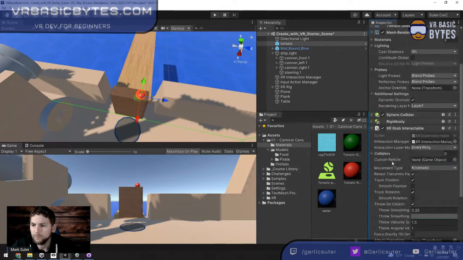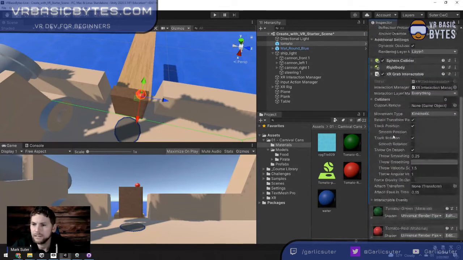And again, we could have custom reticles, et cetera, et cetera. Basically, when you pick it up, it's going to follow your hand, is what all these things mean. And if I test it right now,